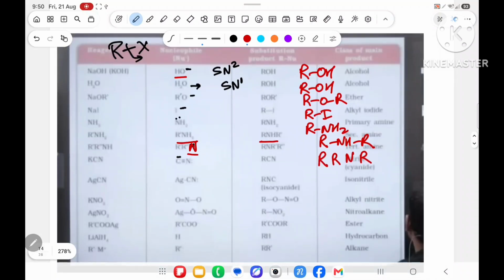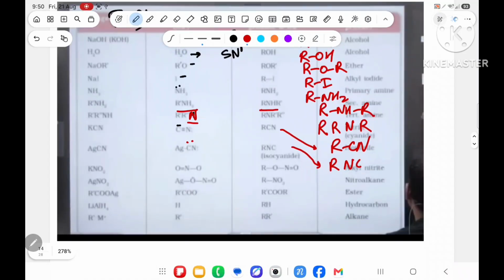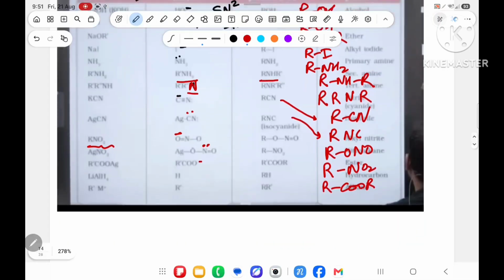Over here CN minus gives RCN. But Ag has pseudo noble gas configuration, so it gives RNC. Like that I am writing some of the bottom ones. Over here KNO2 attacks from the oxygen, negative, to give RONO. But AgNO2 attacks from the lone pair of nitrogen, giving RNO2. RCOO minus gives RCOOR, and over here RR will give R